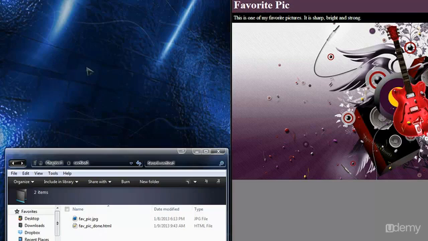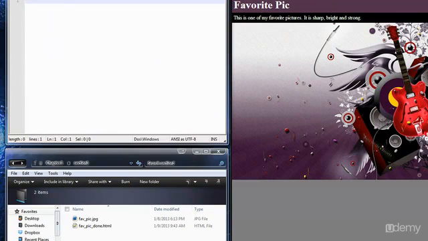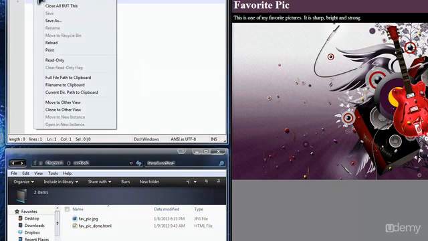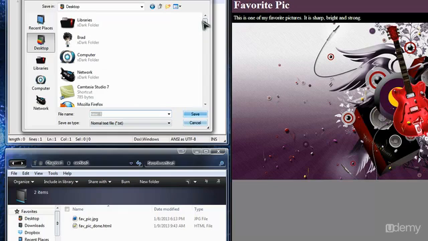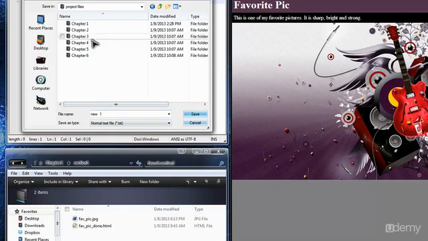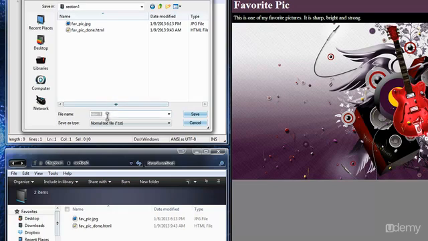Alright, so what I want to do now is create a new file. Let me close this out. I want to create a new file to work with. Now you'll see we have the Fave Pick Done HTML file. I'm going to create a new file and I'm going to call it index.html. Let me just do that real quick. Save as, and you should save the project before you even start. So I'm going to save it to the same folder, chapter 1, section 1, and we're going to name it